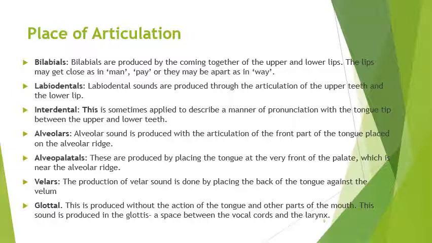Then we have number 4 as alveolar. Alveolar sound is produced with the articulation of the front part of the tongue placed on the alveolar ridge. Remember, the alveolar ridge is one of the speech organs we have. It's situated on top of the oral cavity. So when the tip of the tongue, that is the blade of the tongue, is placed on the alveolar ridge, you produce sounds like t, d, s, z, l, n, r. All these are called alveolars, like